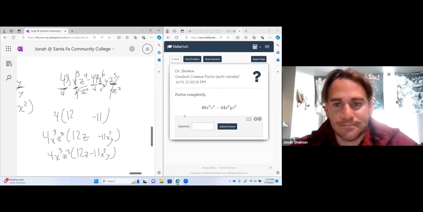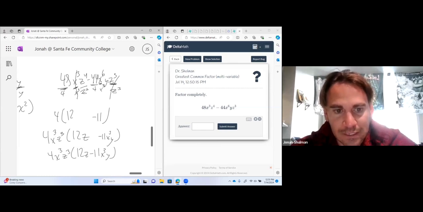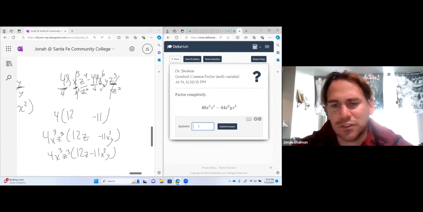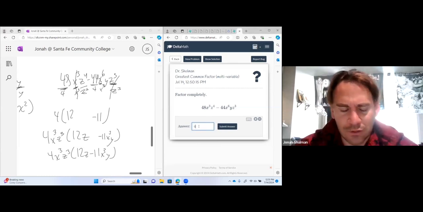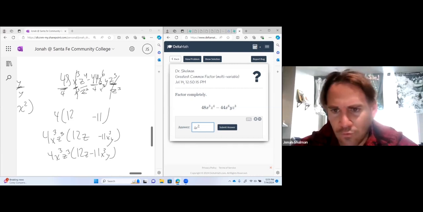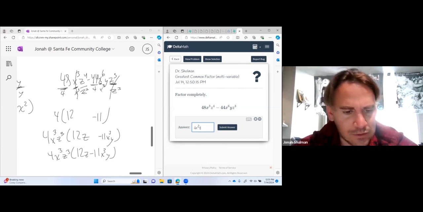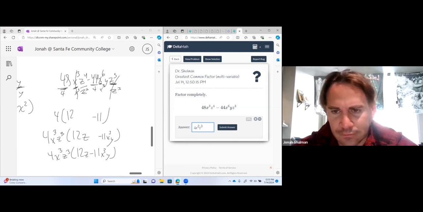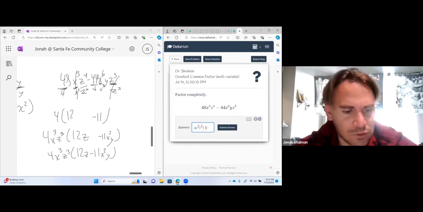Notice I did the number, I did the first letter, did the second letter, then I did the third letter. It's just good to go in order so you never get too tripped up. But this is the GCF here, 4x cubed. Then we got our z cubed. And then we have our first term, which is 12z. Then we're going to subtract 11, and then it's going to be x cubed